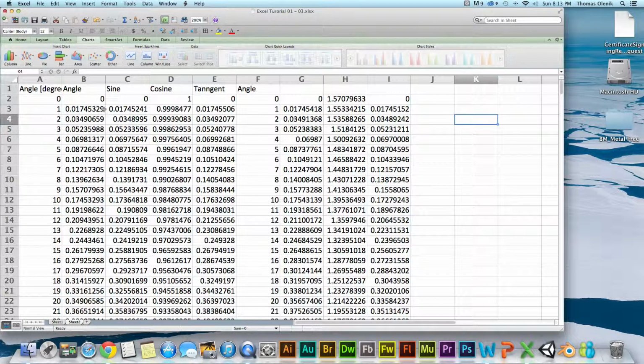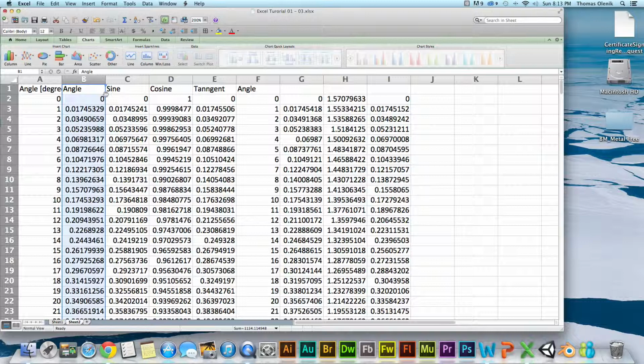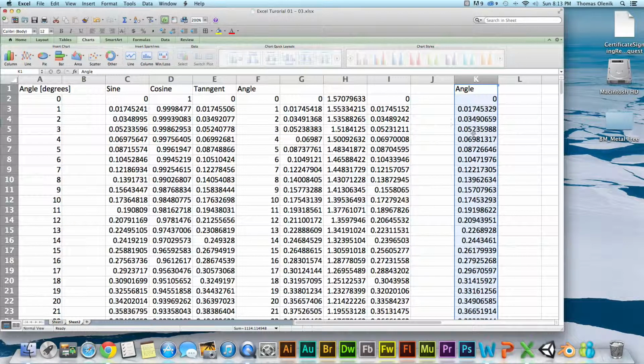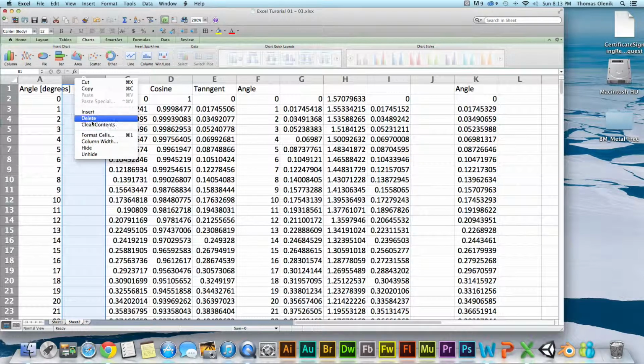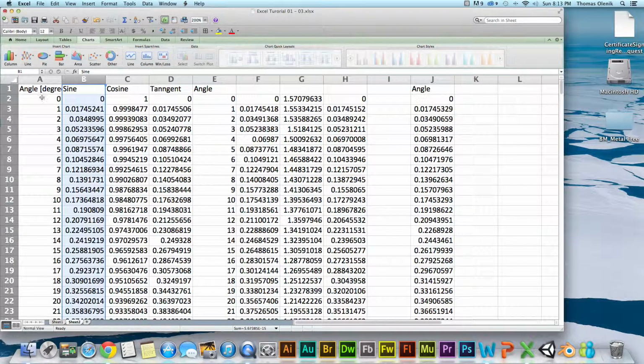I don't really want to show the data versus the radians, so I'm just going to move the radians out of my way over here. And notice how I can drag the whole row over by selecting the whole row, wait until it turns to a hand, and then dragging it over. Go ahead and get rid of this row now. So now I have,